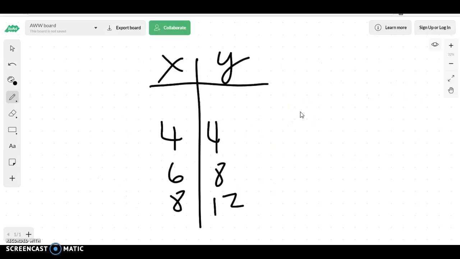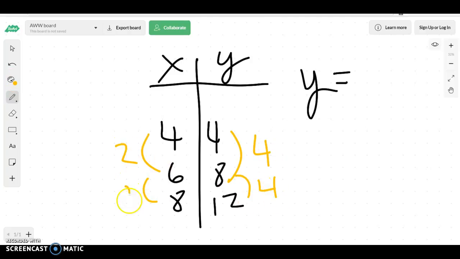I would look at this table and I'd get y is equal to, well, again, we need to find our slope. I find my slope by looking at my pattern. Up by 4. Up by 2. This would be 4 over 2x